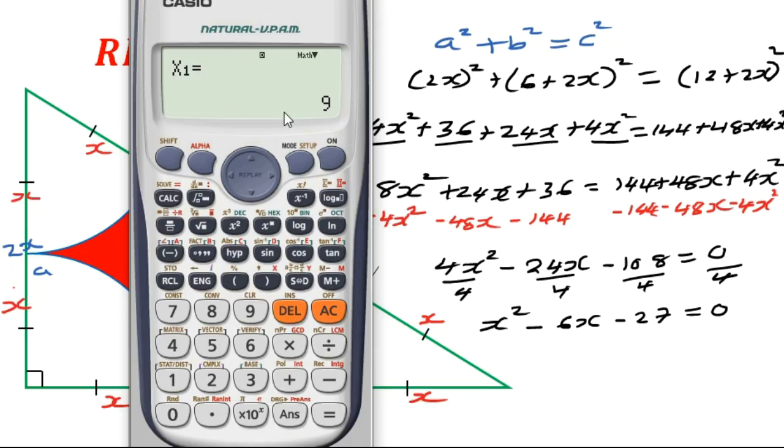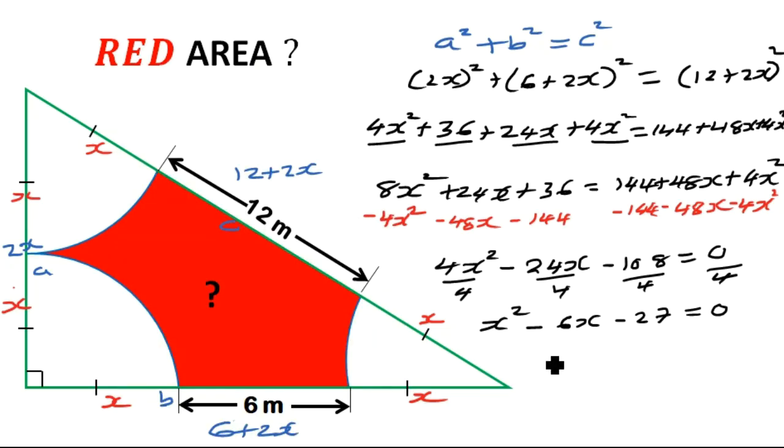So we are going to take x is 9. So we found x is equal to 9. So it means once you found the value of x, you can now get the red area. So how do we get the red area? The red area will be the area of the whole triangle minus the area of the